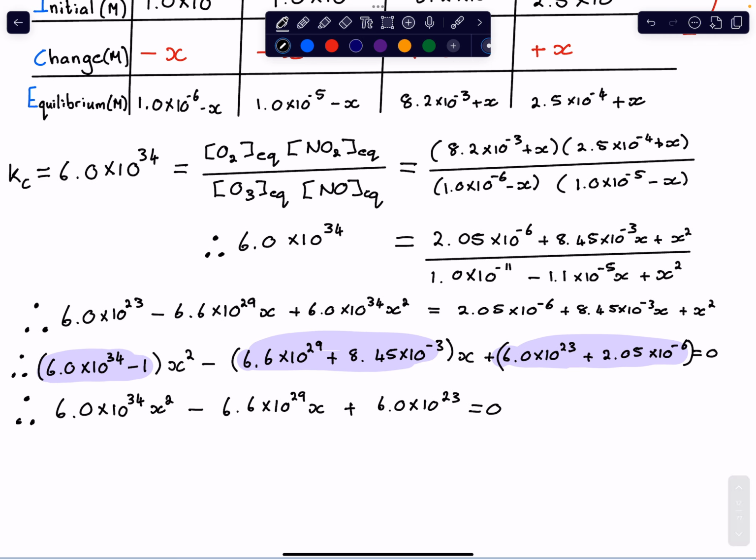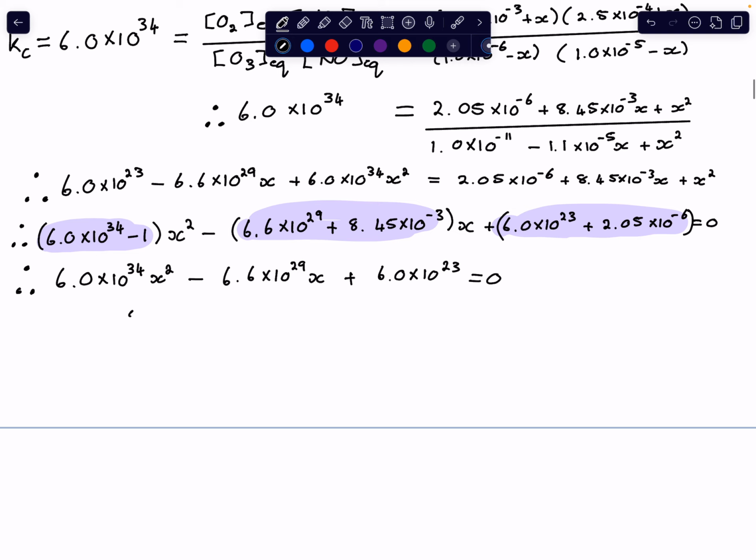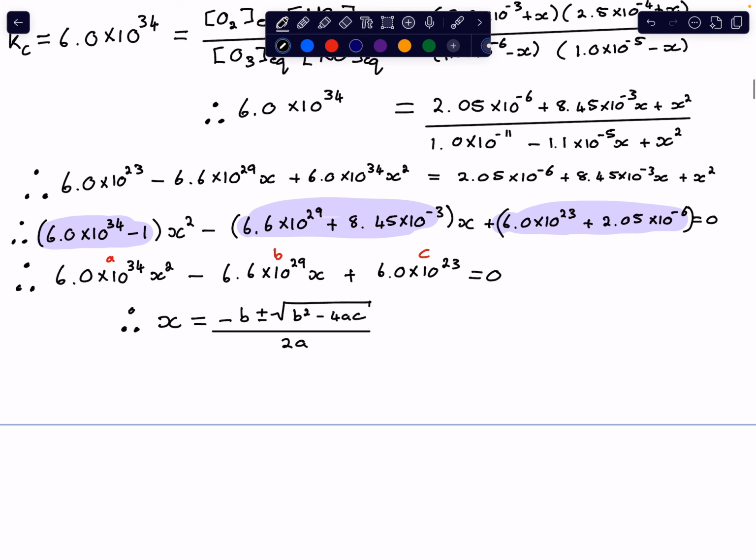So now we have a normal quadratic expression. So how do we solve quadratic expressions? Well, we use the quadratic formula. So that means x is equal to minus b plus or minus the square root of b squared minus 4ac, divided by 2a. Alright? And if you put in your a, b, and c values,